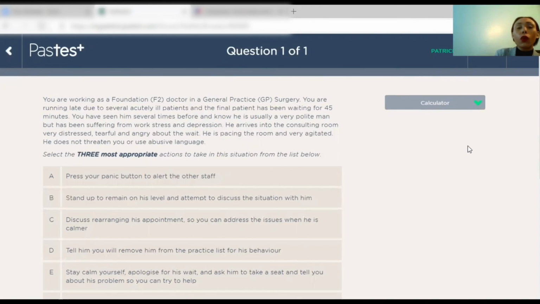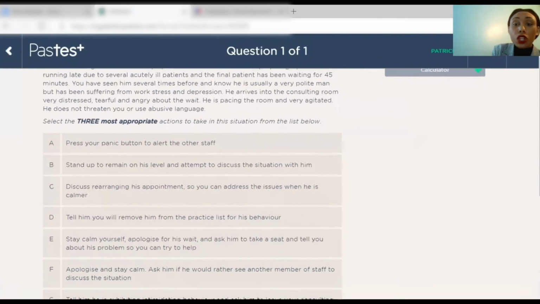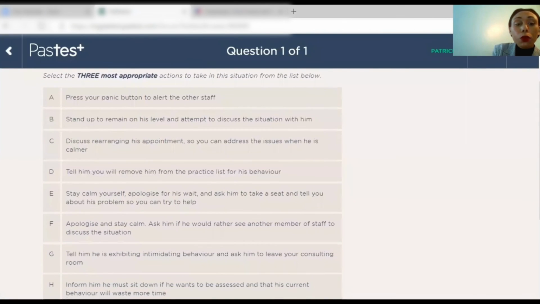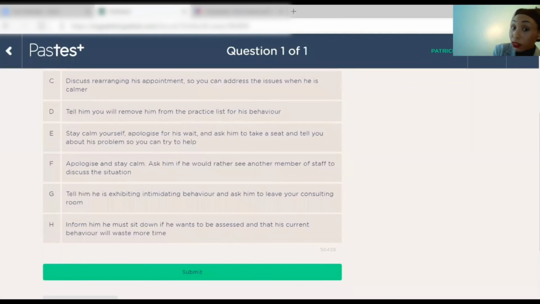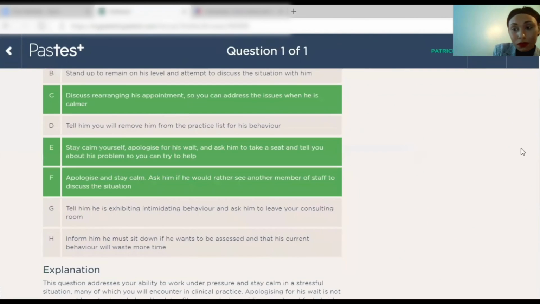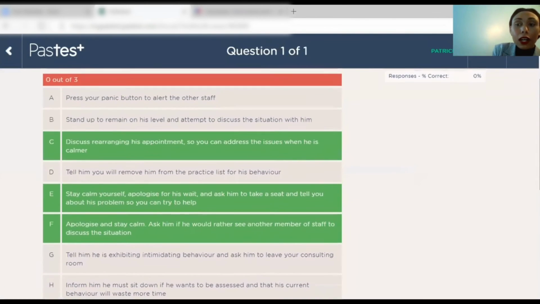So make sure when you're reading the questions, you are picking out key words. They're explaining to you that he's very upset. However, he is not being threatening to you or using abusive language. And this will determine what actions you take, and what actions that you're choosing when you go to select your answers. So like always, take a moment to pause the video if you don't want to know the answers. I'm not going to select the answers, I'm going to submit, saving some time here,